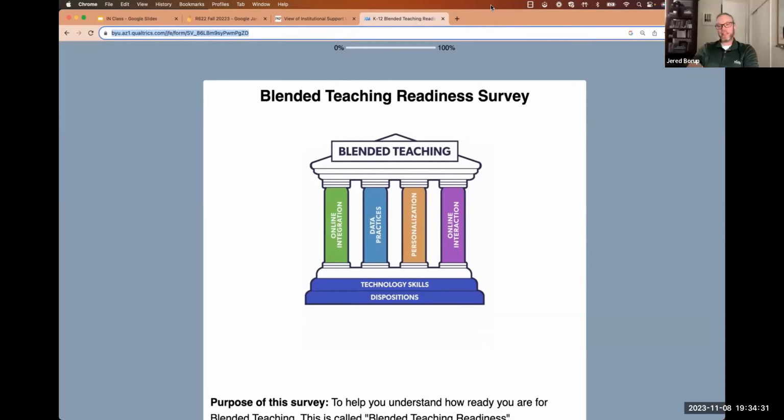It's hard, and we did validate one instrument, and then we looked at it and we thought, this isn't helpful. It was way too long. Like, who was going to take it? Way too many items. And that's why we actually did a previous one to this, the blended teaching readiness survey. And we thought, well, who's going to take it? In fact, we got an email from a participant. We weren't even asking for feedback, but this teacher found our email addresses and emailed us and said, this survey is way too long, and had all the caps on there. This survey is way too long. And we thought that's a real problem. And so we published it, but then we also created this instrument here.